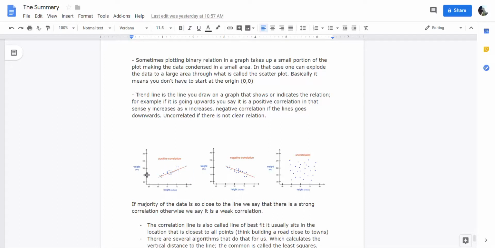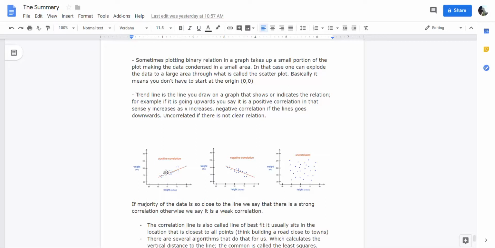So when you have an uptrend, you have a positive correlation; a negative trend, a negative correlation. This basically means that in this case you have the height and weight. So the heavier the weight, the shorter the object. Anyways, so